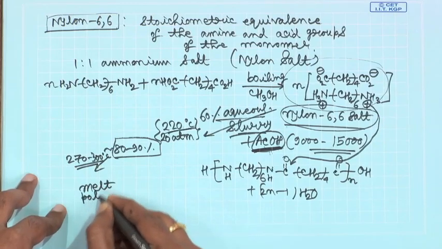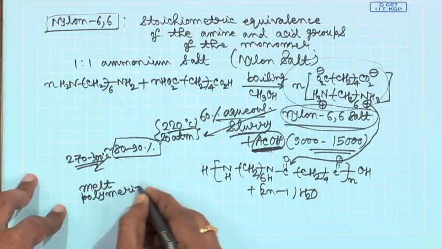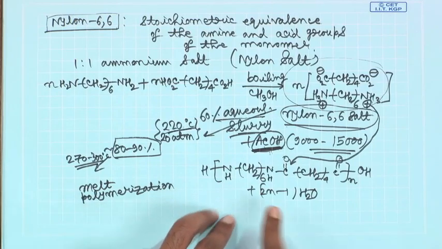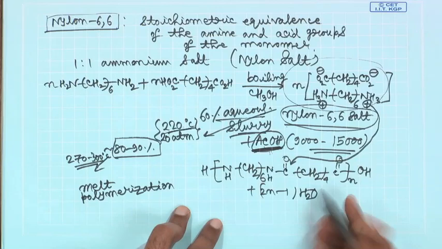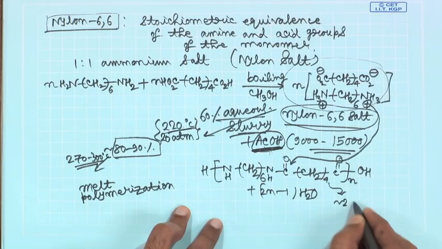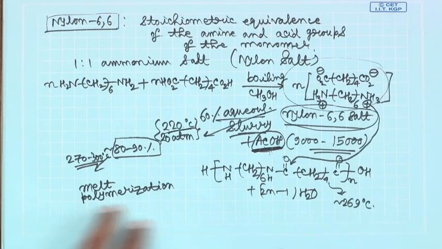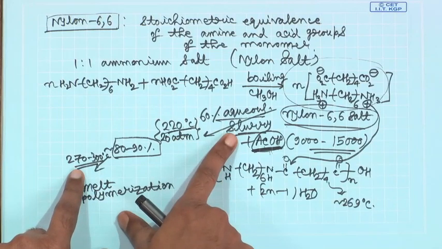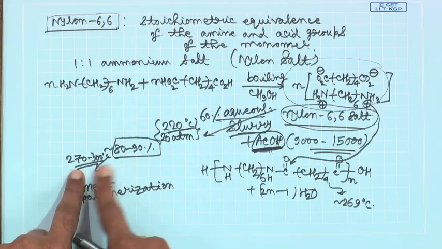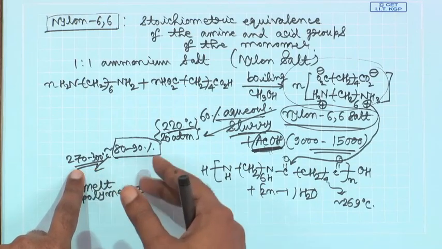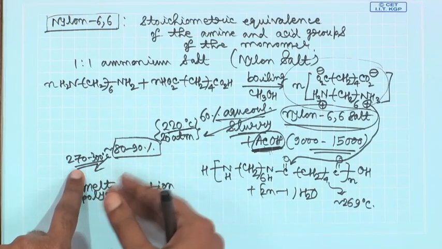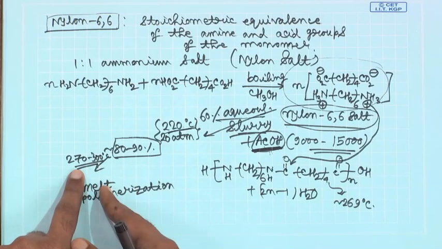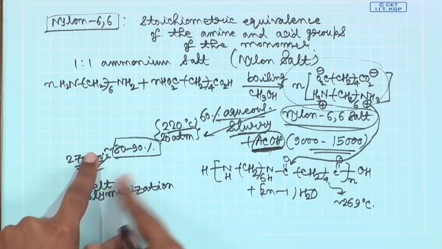This is basically a melt polymerization in the later stages, and that is because of the fact that nylon 6,6 by itself, its melting point is around 269 degrees Celsius. So, the temperature for the final step, so you have 80 to 90% conversion initially, and then you are increasing the temperature further, and you are now starting to remove the water that is produced in order to drive the reaction to completion. And in the process what is happening is that you have gone to higher temperature, and whatever